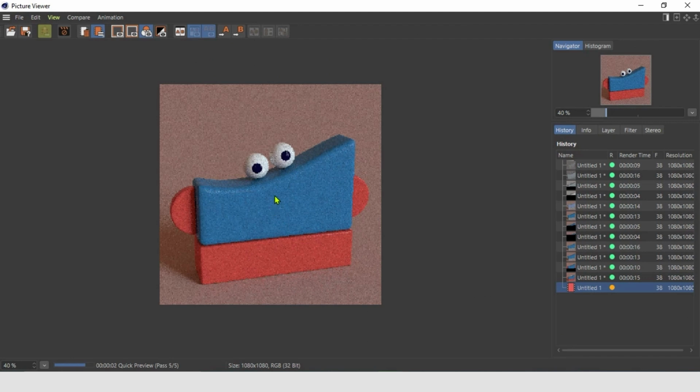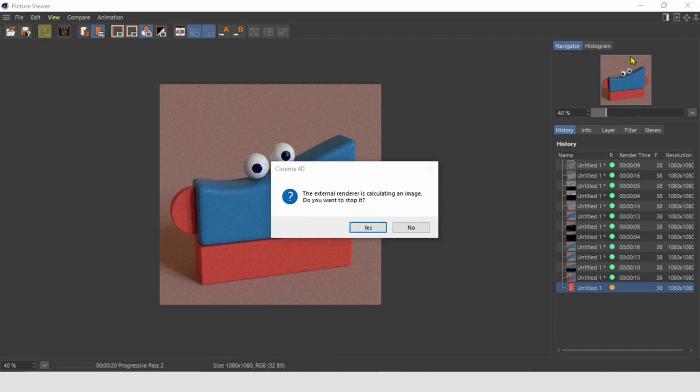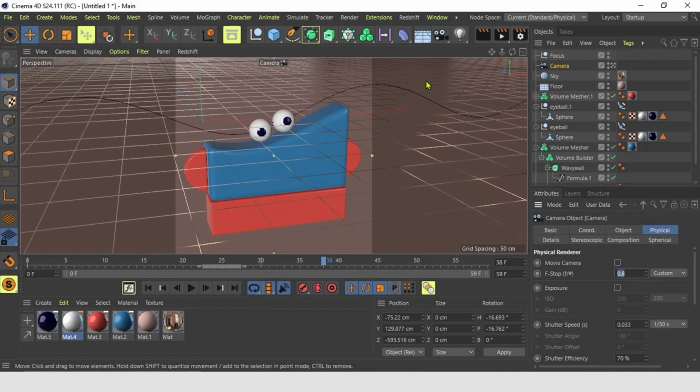And if we click render now, you see we get a little bit of out of focus on this edge, and it just adds this little depth and it makes it look good. So this looks already pretty good. We can maybe also add another light, so you know also how that works.